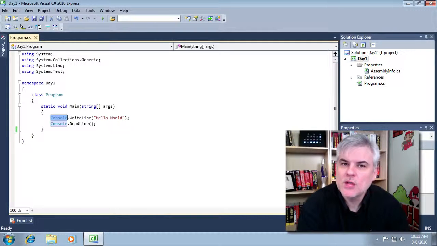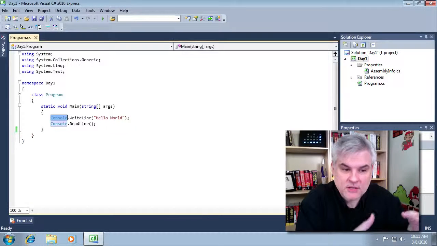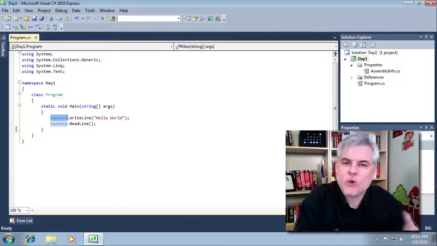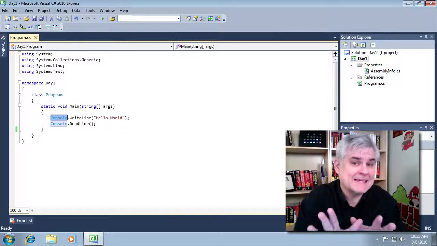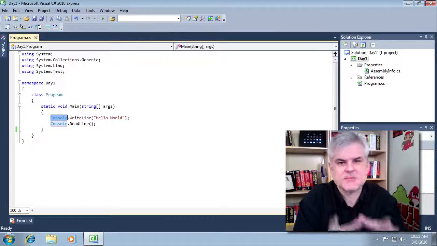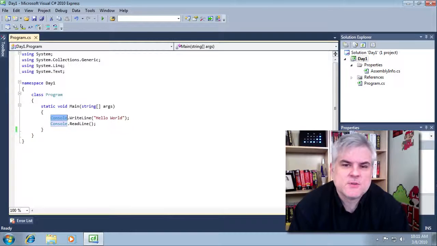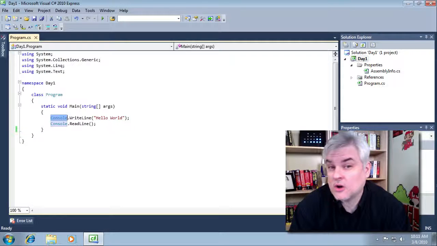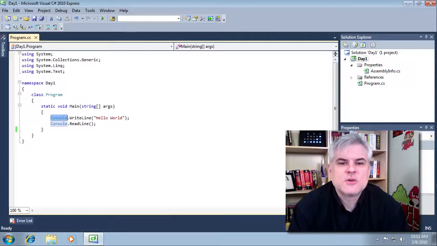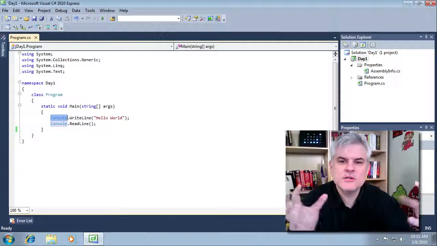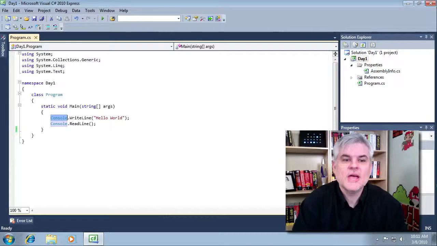For right now, you can just think of the class part, the console part, as a way of organizing code. Now, soon we're going to expand that definition of what a class is, but for the moment, let's just use that as a working definition. I think it'll serve us well for a day or two. So the console class has another method that's called readLine. And so Microsoft has gathered all the code together that deals with the Windows console, and it organizes them into a class called